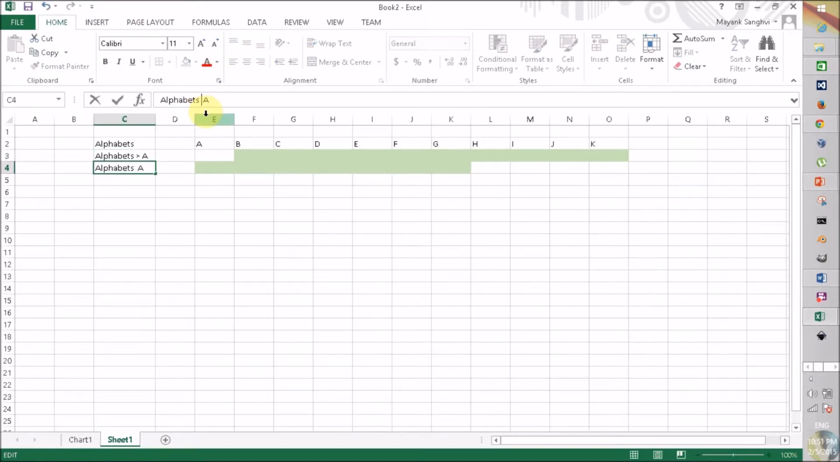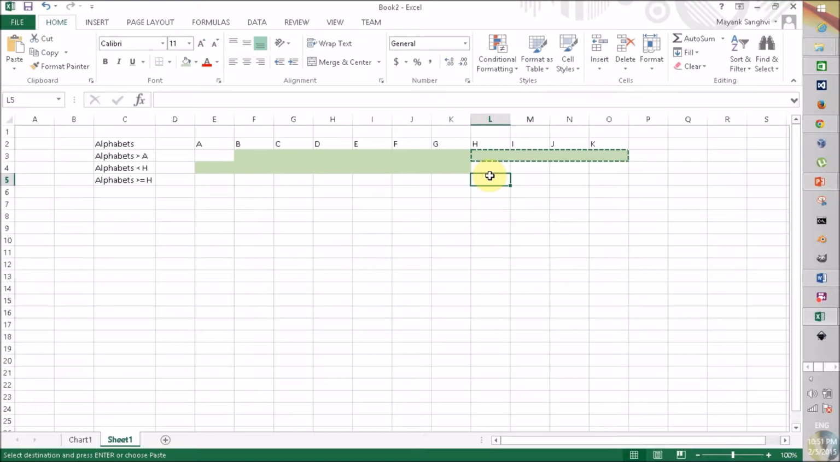This is the example where alphabets is less than H, and in this scenario we are talking about all the alphabets greater than or equal to H. So what is the output in this scenario? Yes, these 4 records: